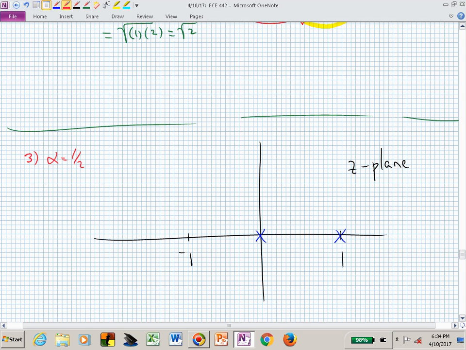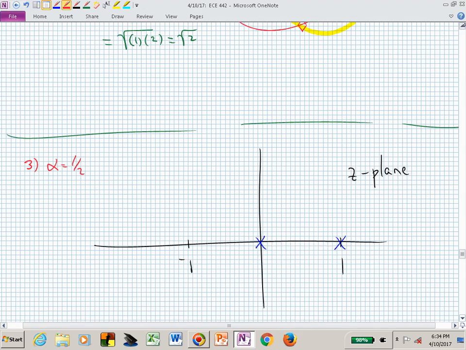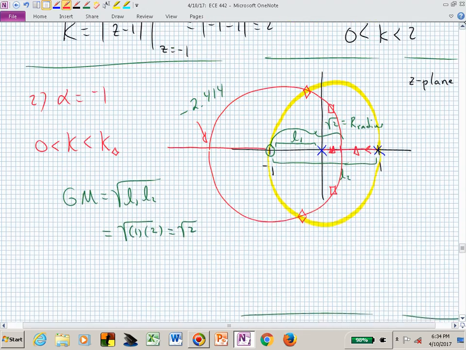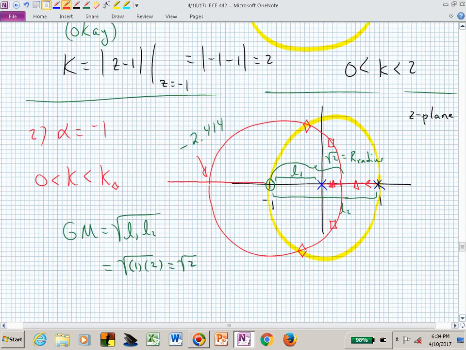If I go back to the case where alpha is equal to -1, what's the transient going to look like at the triangles? If I crank up the k to get me to the triangles, what's my transient behavior going to do? Will I have a percent overshoot with the triangles? No, they're real, aren't they? So now I simply have a settling time,